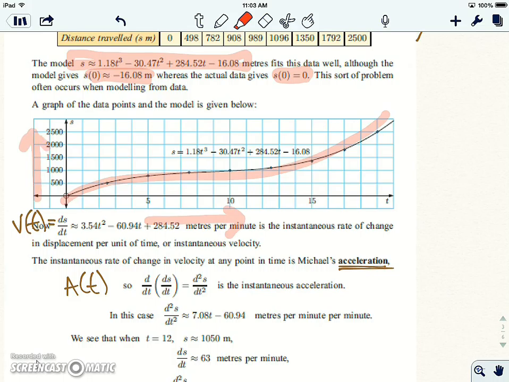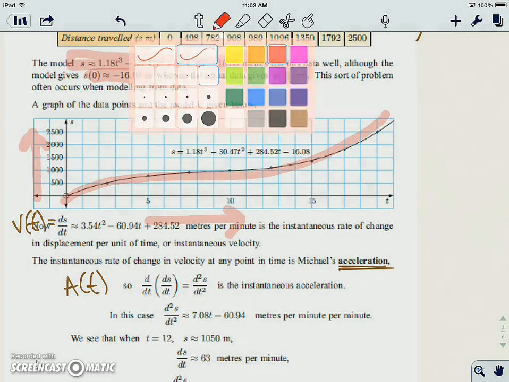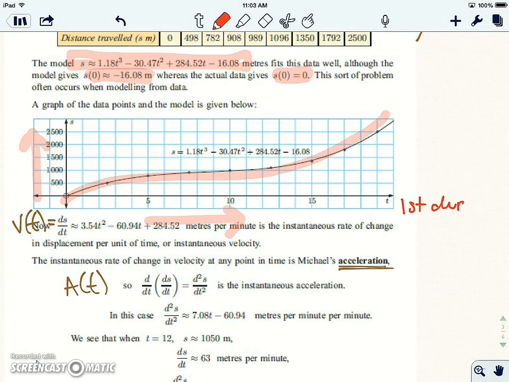If we took the first derivative, ds/dt, that would give us the velocity or his speed at each point. And the ds/dt right here, at 10 seconds, if you plugged in 10 into this equation, it should give you a speed of 0. Now it's a little off because it's a modeling equation, but right now his speed or his rate of change at that exact spot at the top of the hill is 0,